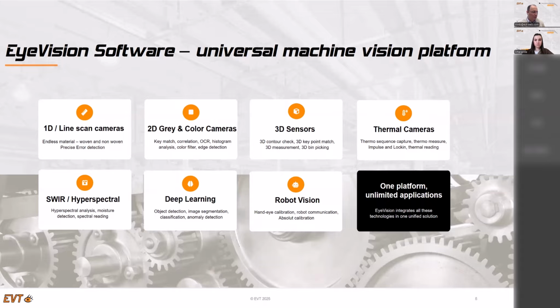A working chip could be seen simply if you use a thermal camera and you see if it's in the correct temperature range. Thermal cameras generate a contrast image, black and white, or with most software, like the EyeVision software, you can also colorize it. That means if the temperature is colder, you get a blue image, and if it's hotter, you get a red one. But at the end, it's a contrast which you can use, and the contrast is defined to a temperature